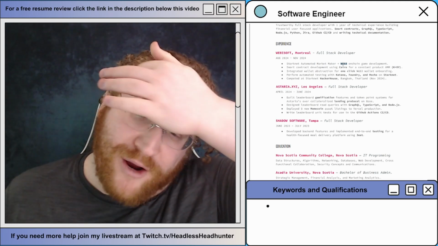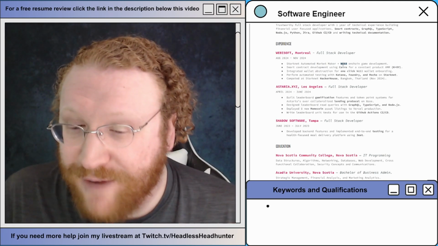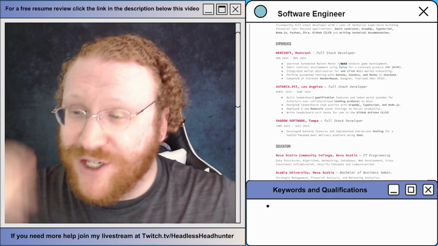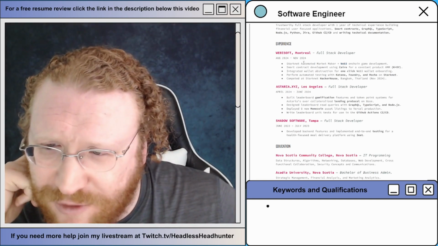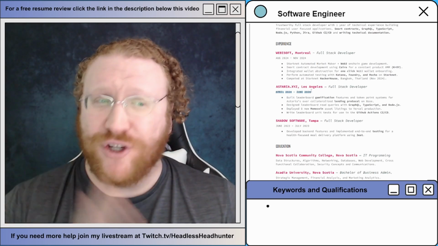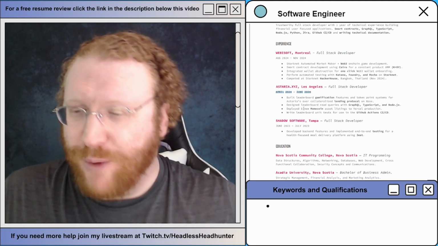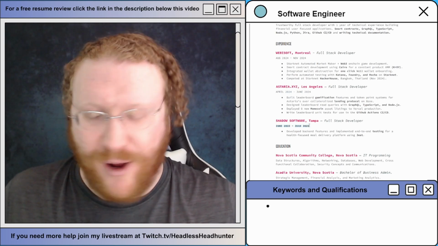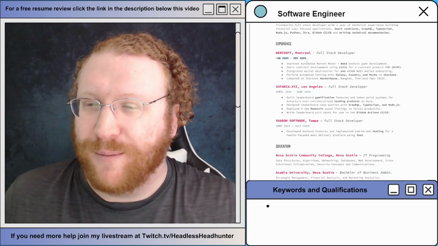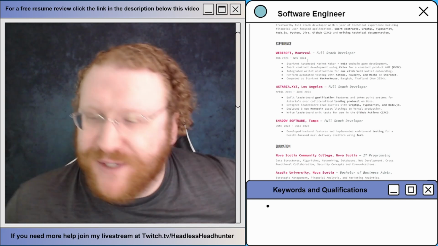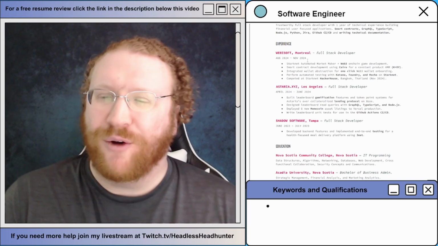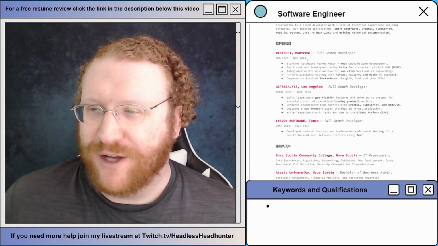But truthfully, a bigger issue is the bullet points are kind of anemic, and the formatting is a nightmare. In addition, this kind of looks like you've been job hopping. Maybe these were contract roles, and that's okay. Just put contract. But if they weren't, this looks like you've been here for like 2 months, and here for a couple of months, and you have like 3 jobs and almost 1 year of experience, which is going to trigger a red flag to a lot of hiring managers.